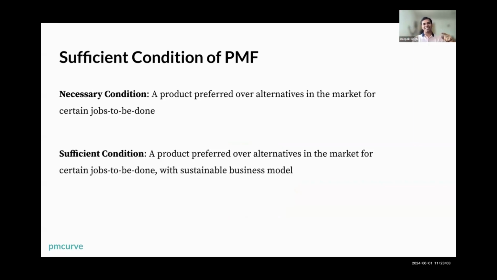The sufficient condition adds one more thing: a sustainable business model. Now I know what some of you are thinking, which is, yeah, but most Series B startups have gotten a PMF because that's why they got Series B. Usually pre-PMF is seed and Series A. Series B is when you get a PMF, and that's why you're getting the money for growth in Series B, C, D. But we haven't seen a sustainable business model for these startups. So why do we need to add a sustainable business model when it comes to the sufficient condition of PMF, right?